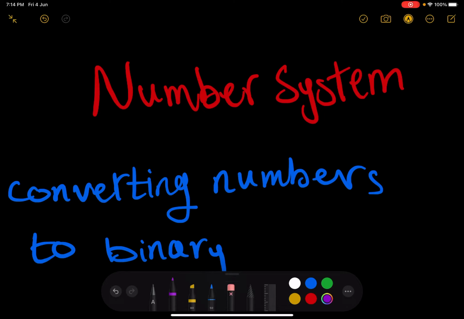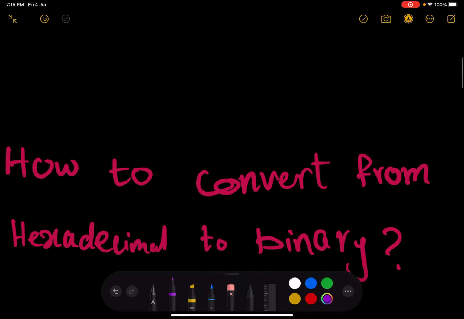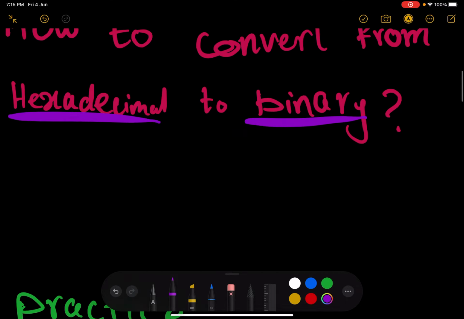Hi everyone, today I'm gonna teach you how to convert from other numbering systems to the binary system. So we will start with converting from hexadecimal to binary. As we said previously, hexadecimal means 16, so we need 4 bits in binary to represent any digit in any hexadecimal number. For example, if we had 32 in hexadecimal,